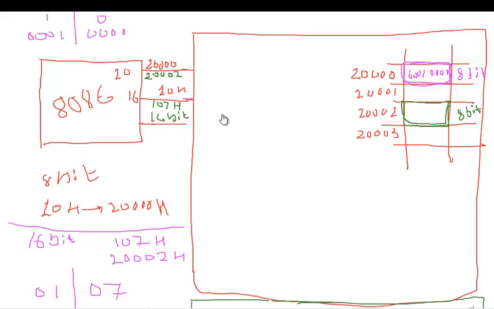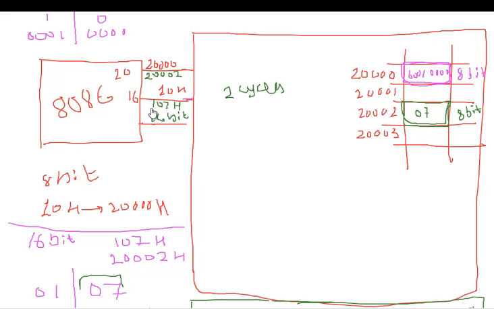We can store it in two cycles. First, address bus will have 20,002. Now first the lower byte will get stored, that is 07 will be sent through the data bus and will get placed over here, and then 01 will be sent.